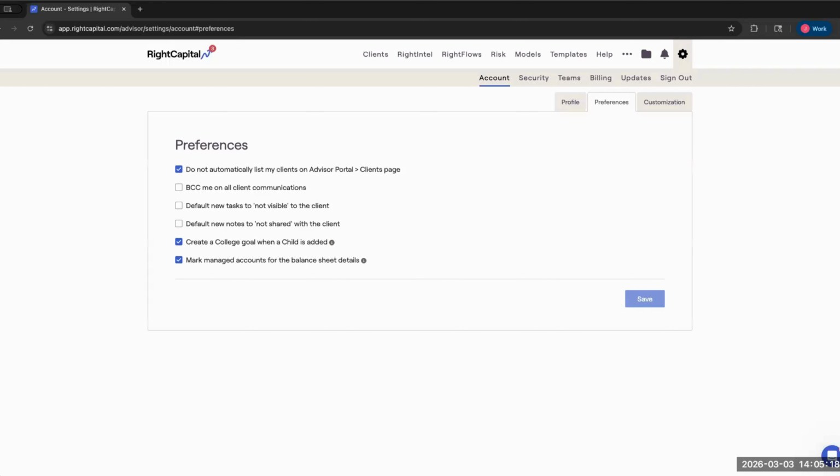A good example here is that setting that says, create a college goal when a child is added. Essentially what this might do is help you reduce the amount of data entry you're doing later. If they have a kid in the plan, it'll automatically make a college goal for them. It's not a huge setting,